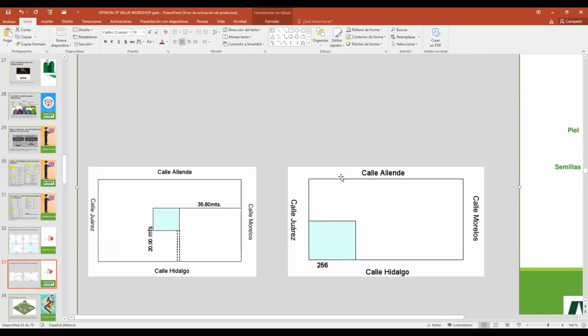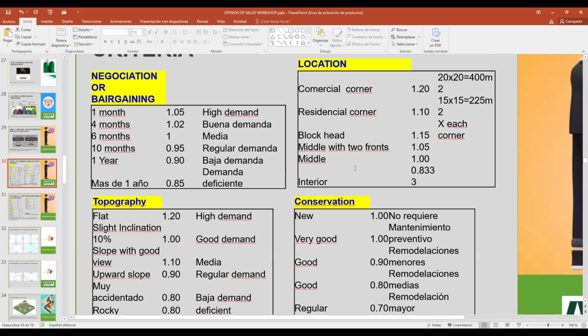It's Calle Juárez, Calle Allende, etc. We use limits. What are the limits of the prices? 20 meters by 20 meters when it's commercial. When it's residential, 15 by 15. So we price only 400 square meters or 225 square meters, okay?